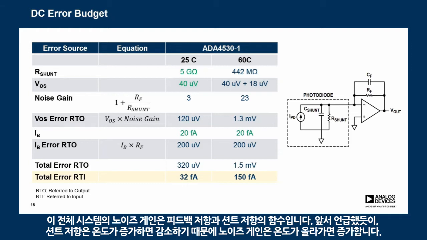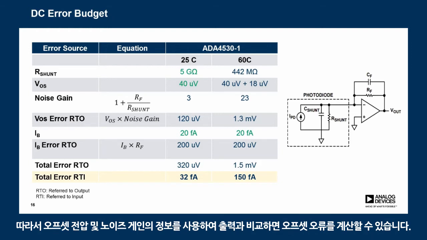The noise gain of this whole system is a function of the feedback resistor and the shunt resistor. And again, as I mentioned earlier, the shunt resistor decreases with increasing temperature, and so noise gain increases with increasing temperature. So with information of offset voltage and noise gain, we can then calculate what the offset error is, referred to